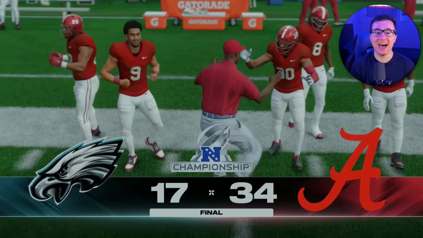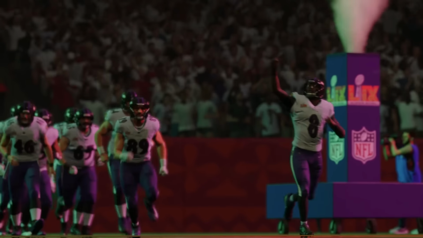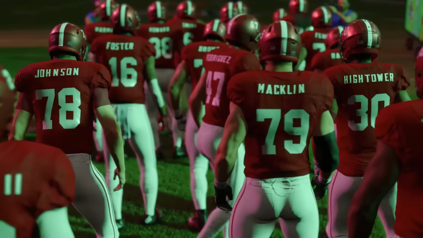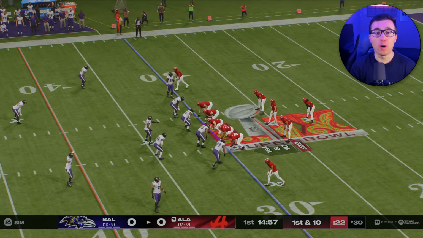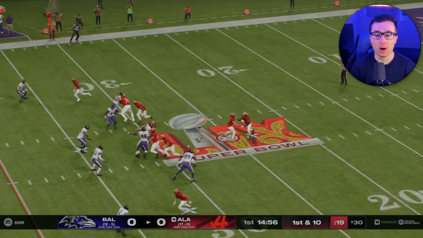The Crimson Tide are on their way to the Super Bowl to play for a Lombardi trophy. And in the Super Bowl, out of the AFC, it's the Ravens. And out of college football, but for this video, out of the NFC, the Crimson Tide are here. And in Super Bowl 59, 1 season in the NFL, the Crimson Tide are here to put 1 Lombardi with